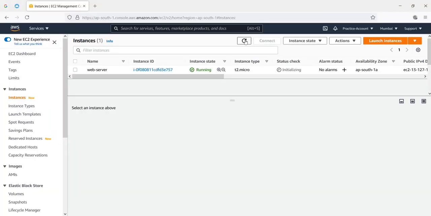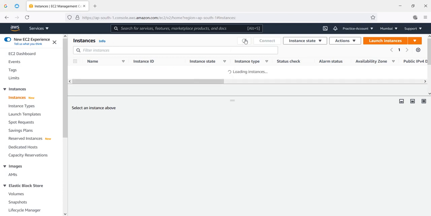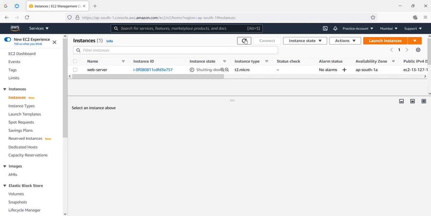Now refresh it. Its instance state will change from running to shutting down. When it succeeds, we will get the instance state terminated. It will take some time. See, the instance state will change from shutting down to terminated.